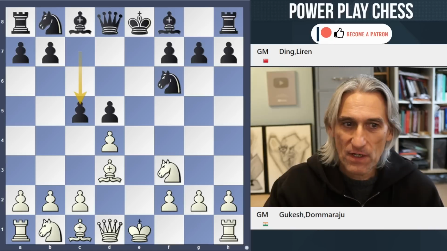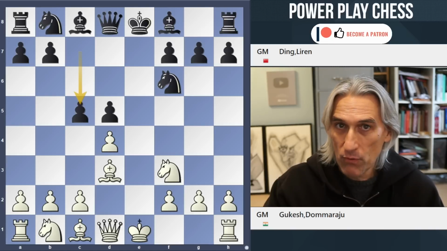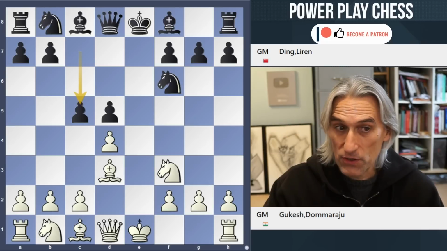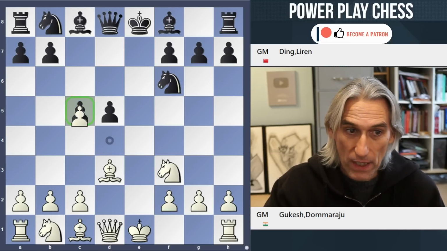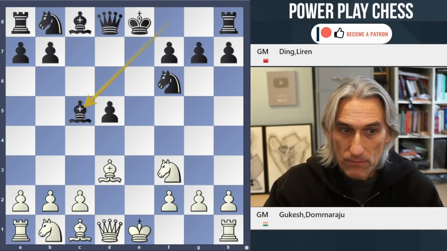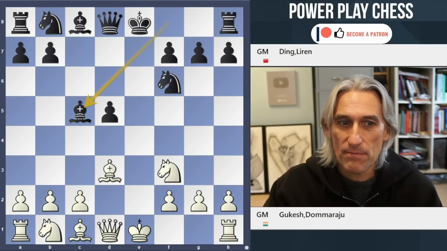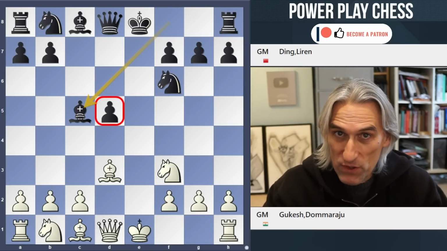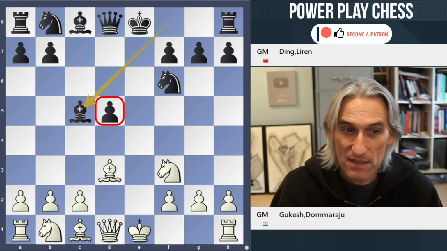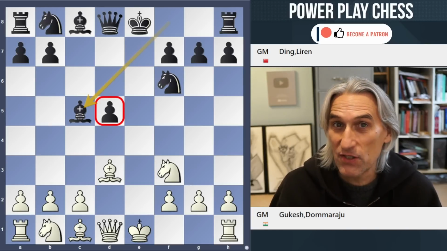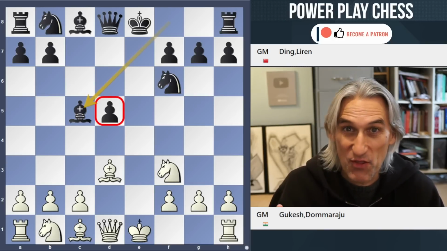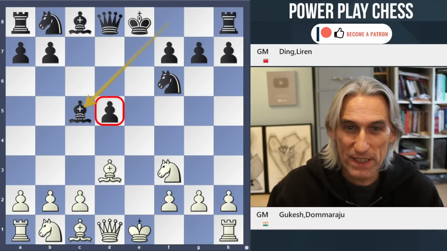Ding played c5, so making a pawn break in the middle. And I have to say, I like this move a lot because it's inviting white to exchange, and then black has this isolated queen's pawn, but that gives black more space in the center, and I really like the attacking chances that black can get from that, even despite the theoretical structural weakness.